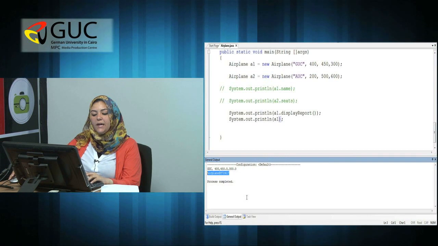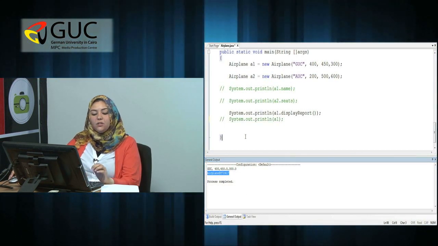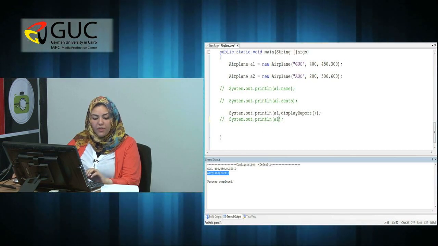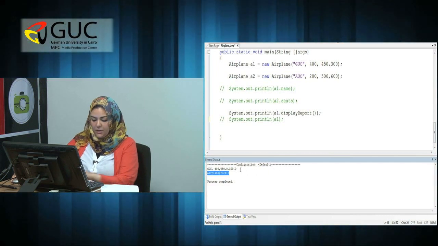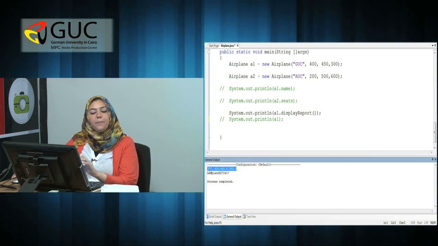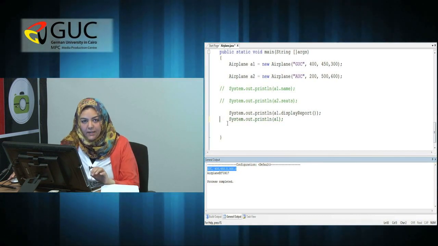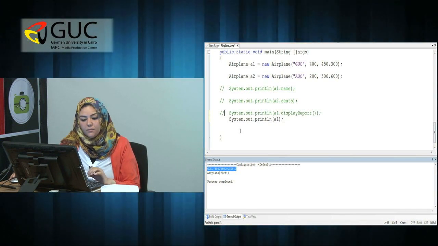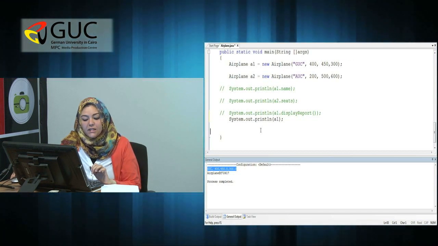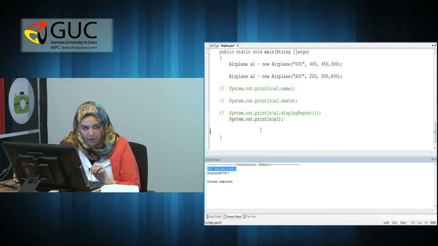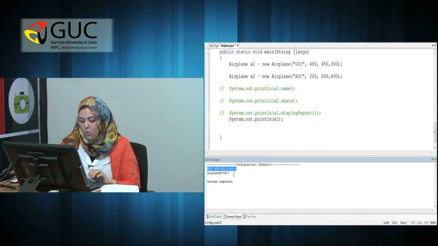However, what if you would like to call just A1, to print A1, and you get the same result of the report, which is GUC 400, 450, and 300? To do this, you need to know that there is a predefined method that you don't see, which is called toString. The toString method is implemented somewhere, and what it does is it gives you the reference of the object that you created. So for example, if I say A1 dot